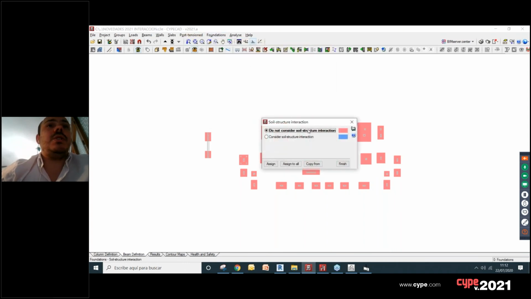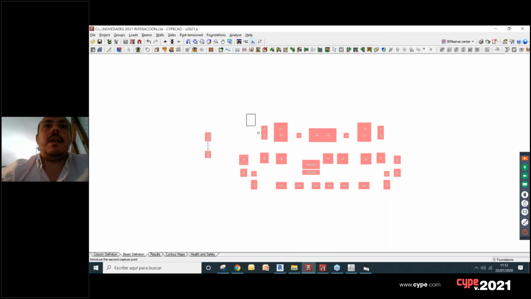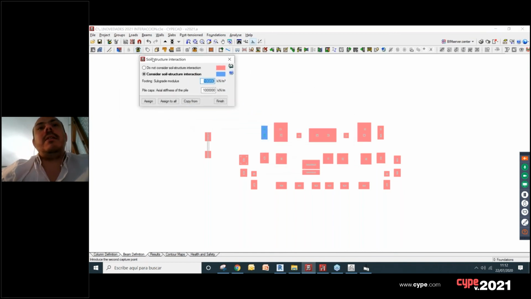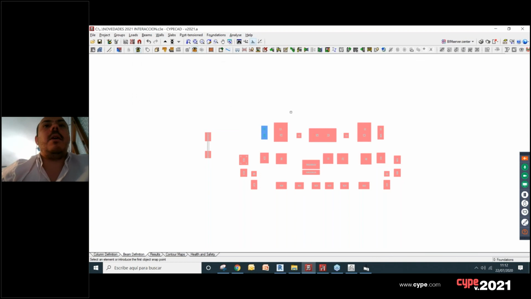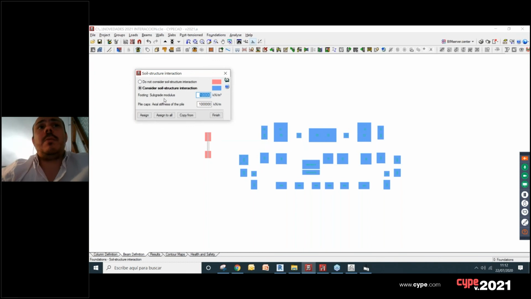But if we change to blue color, we can say, okay, now I'm considering the interaction to this element here. Of course, we will do that for all the elements. No, we can do like this, for example. But the point is, the values of one subgrade modulus are different because it's a value that depends on the characteristics of the terrain, okay, the soil, and the size of